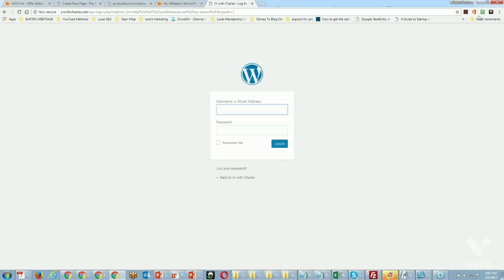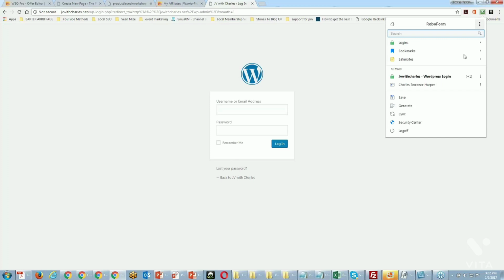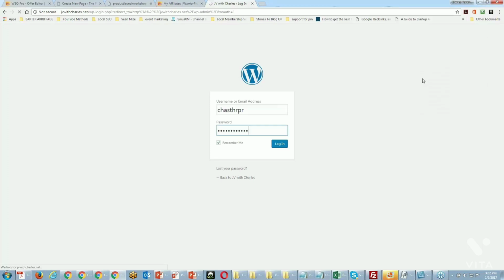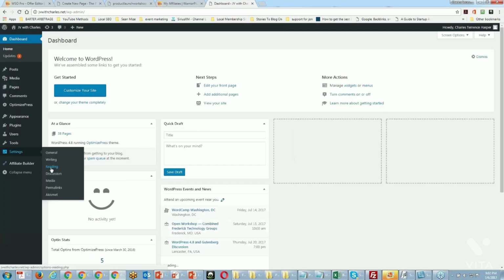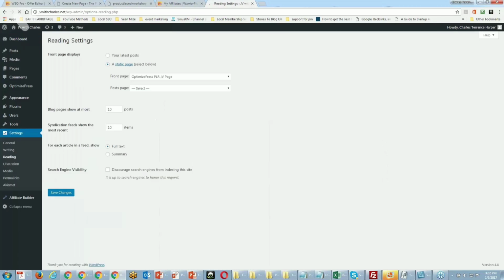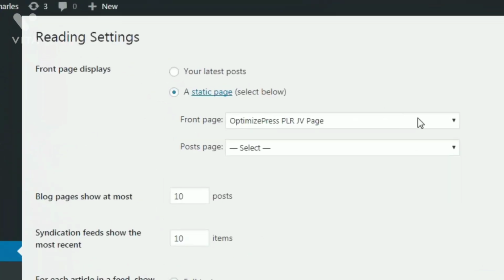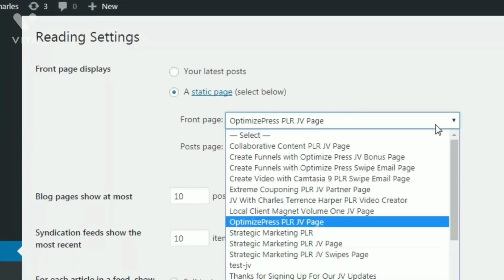And most of you who use WordPress already know this, but I'm going to show you anyway. If you go into settings and then reading, you can determine what your front page is going to be. Every time I start a new launch, I put that new JV page as my front page, so whenever my next launch is, it's going to be the front page of